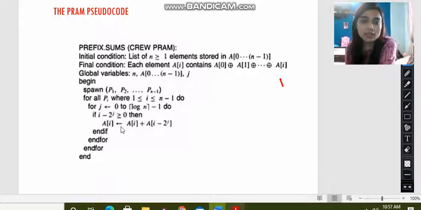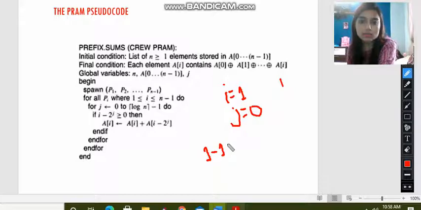That means A of i contains A of i plus A of i minus 2 to the power j. So initially, if the value of i is 1 and the value of j is 0, let's check this condition. i minus 2 to the power j, that means 1 minus 1 is greater than or equal to 0. Yes, this is true. So we will perform a to the power, a to the power not, a0 is equal to